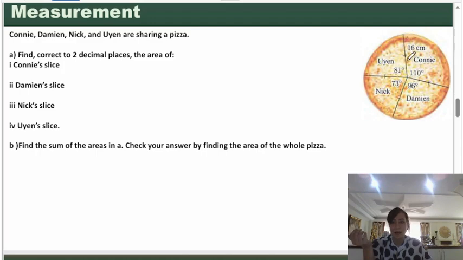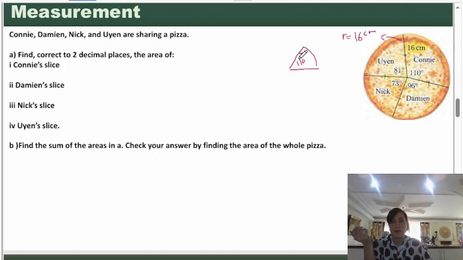So this arc of this circle belongs to Connie, which is 110 degrees, and my radius is 16 centimeters. 16 centimeters is my radius, which we see here. It gives me Connie's arc is 110